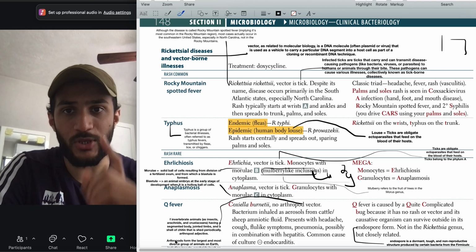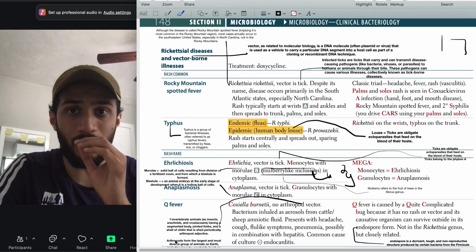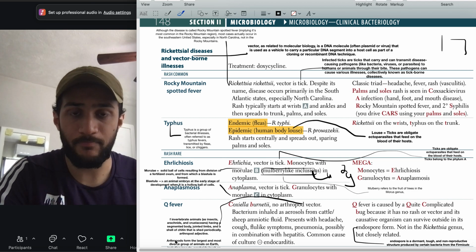Really high yield video today with Rickettsia disease and vector-borne illnesses. So over here, what is a vector-borne illness? This is basically